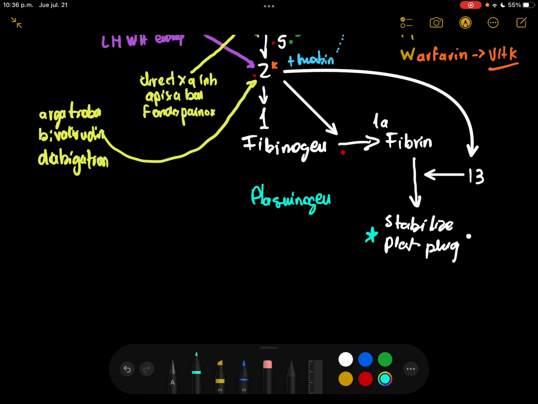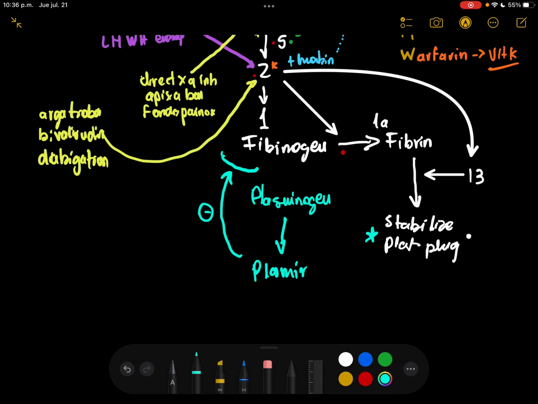This plasminogen is going to be converted into plasmin, and plasmin is going to inhibit all this coagulation cascade,